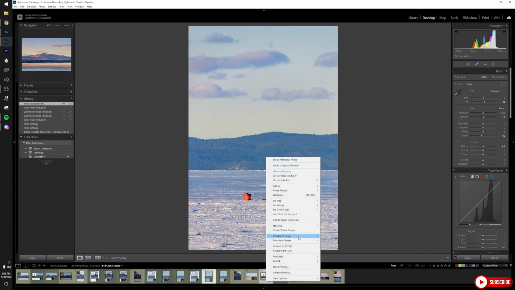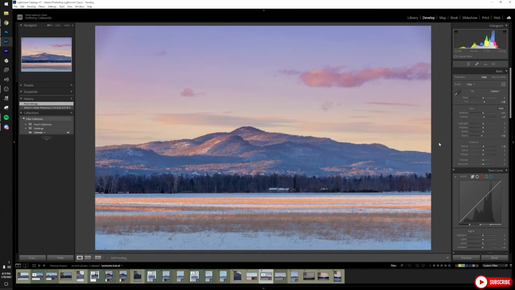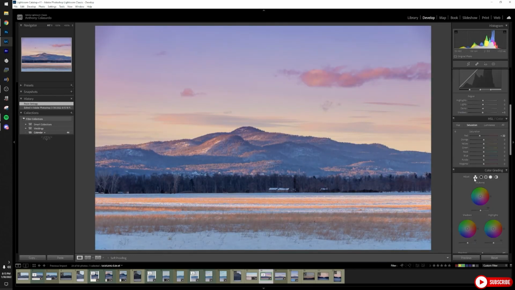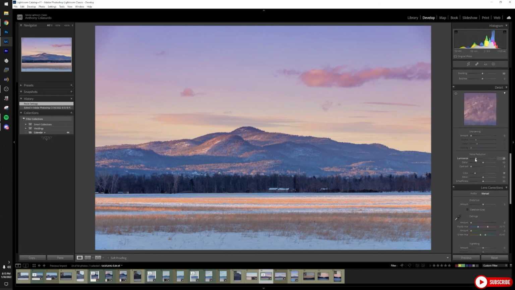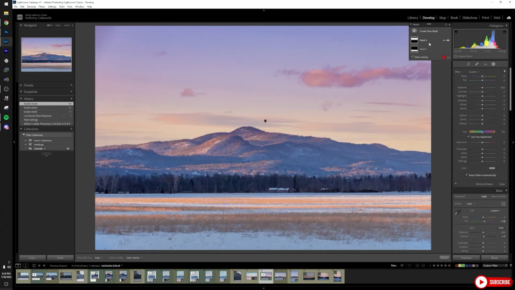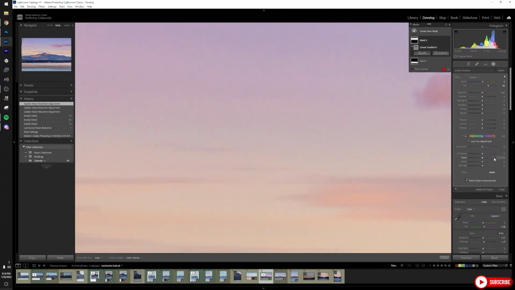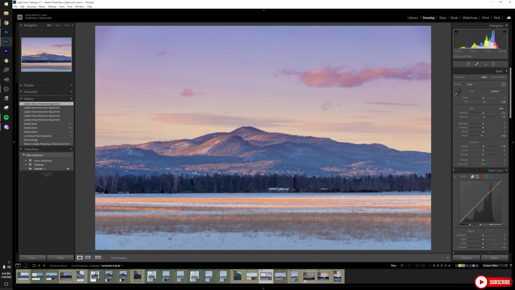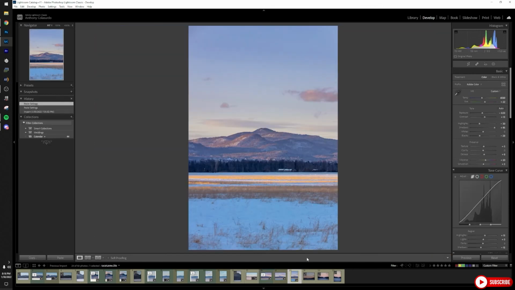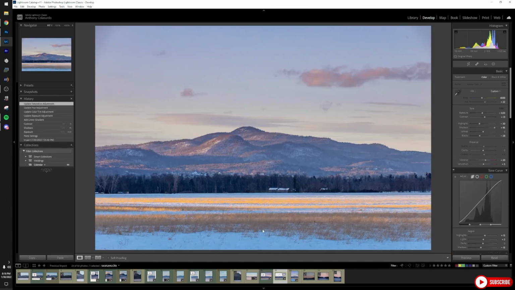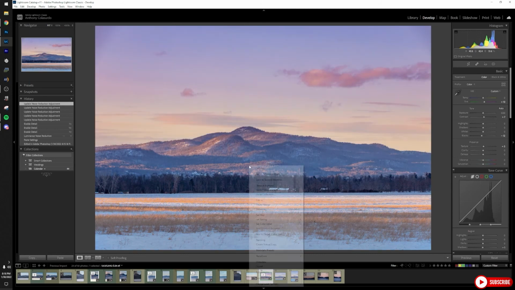Let's see what this looks like. Before and after. A little too much noise reduction, so we're losing details, so we're going to back that off. And I might actually do some noise reduction in the sky. Nice. Alright, now we'll do the same thing to this image, but I'm actually going to reopen this in Photoshop,